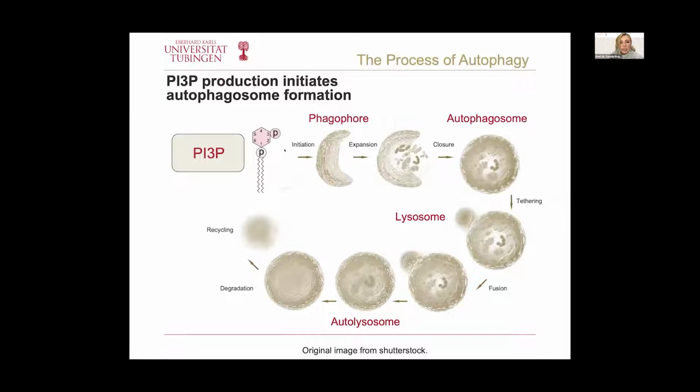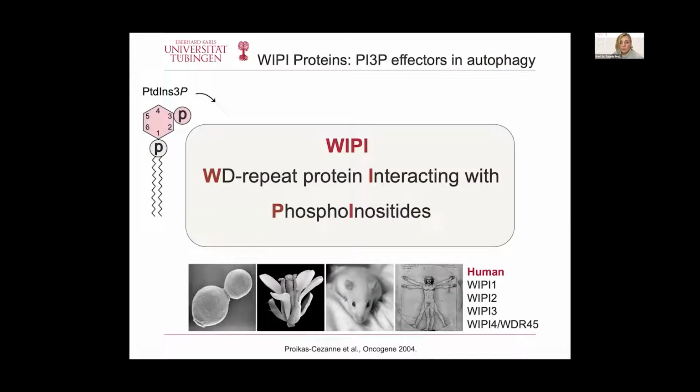So how does it all start? Initiation of autophagy depends on the production of a phospholipid, and that's PI3P. And this is under the control of two conserved pathways, the AMPK pathway and TORC1 pathway. So the initiation signal to build the membrane, to sequester the cargo, is really the production of PI3P. And we became interested in autophagy only because we discovered years ago genes and proteins that specifically bind this newly produced PI3P at the onset of autophagy.